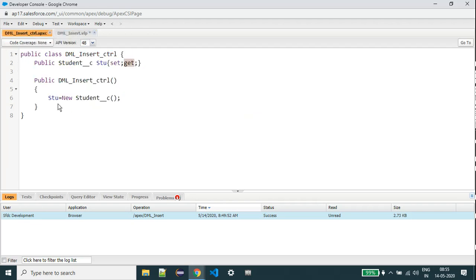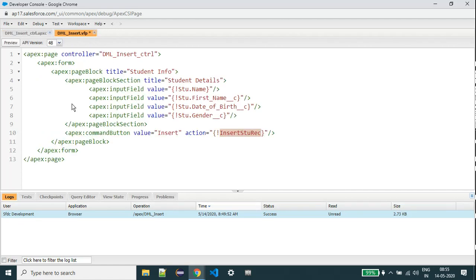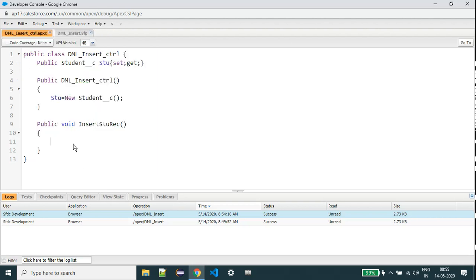So now I'm going to define public void insertRec. This is our method name. So how are we going to insert the data into the database? We can just give insert stu. For practical real-time example purposes,